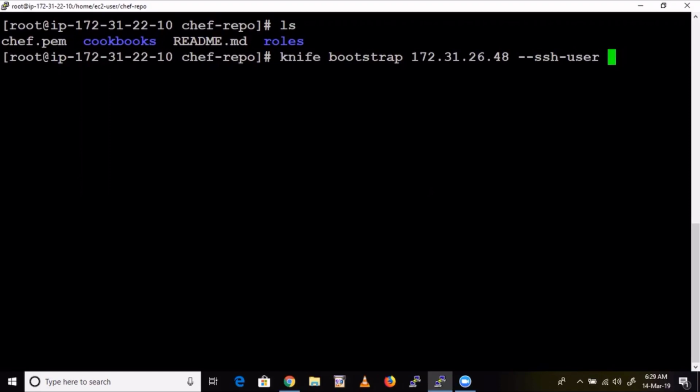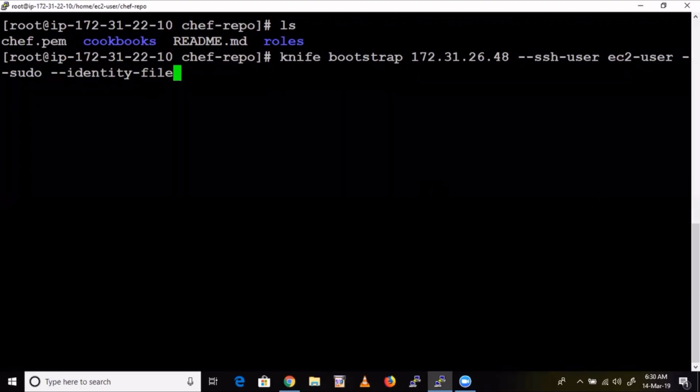Now --ssh-user, the username is ec2-user, then --sudo, --identity-file. What is the file?